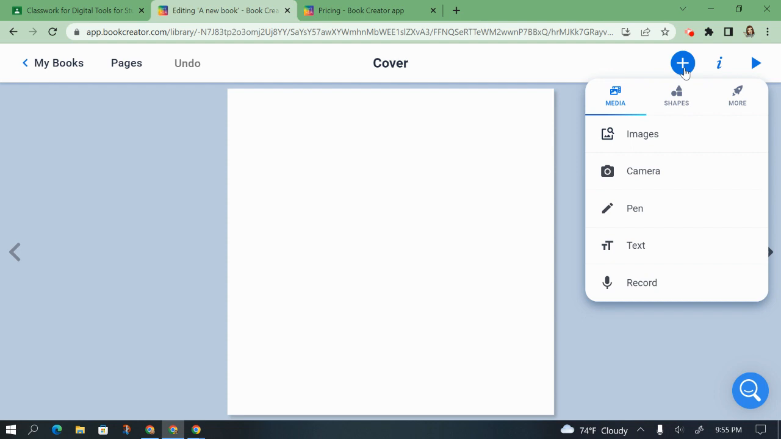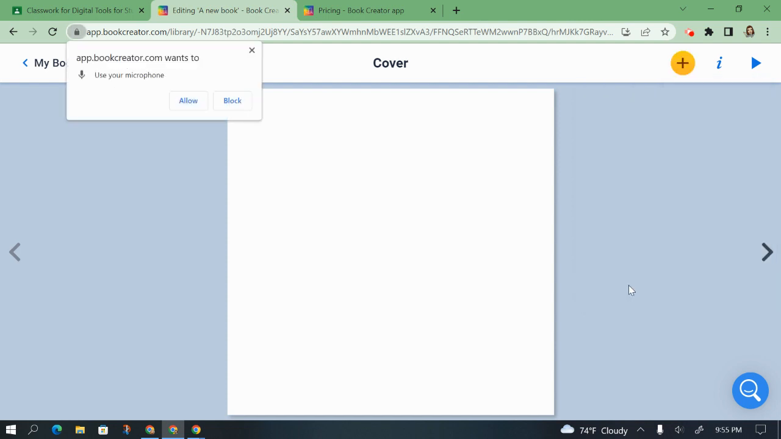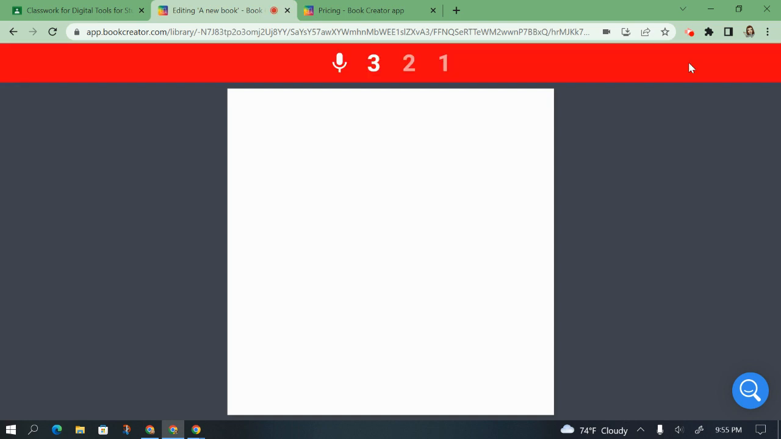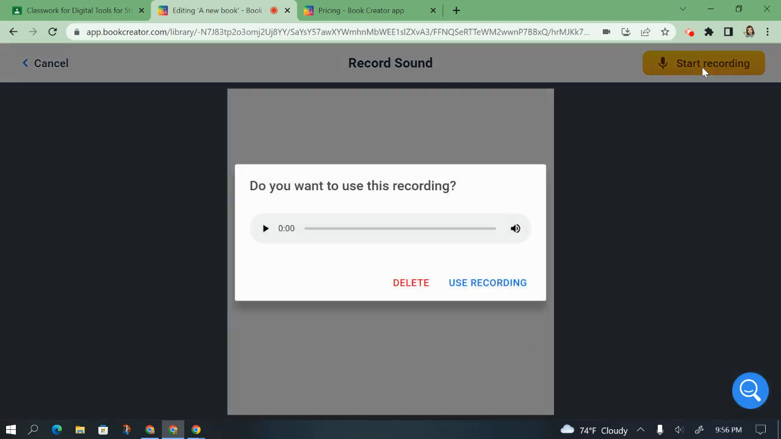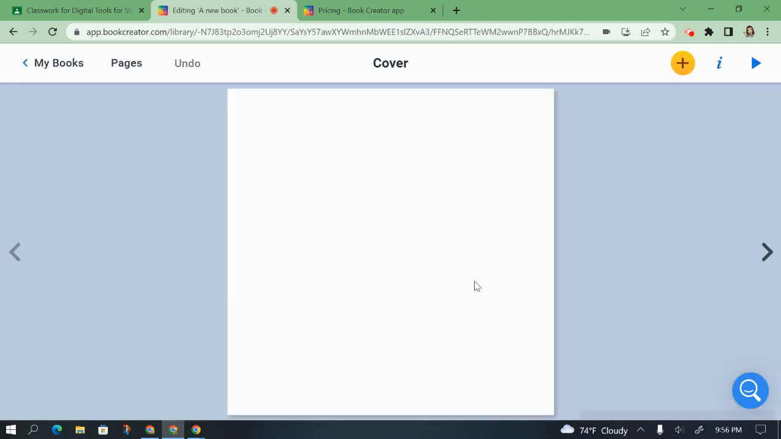And what I love is that students can add images. They can use the camera to take a picture of themselves or take a picture of something else. They can record, and this is one of my favorite things. They can just record text here. They get a countdown. My book is about lemurs. I love lemurs because they are my favorite animal. And then you can hear back your recording and use it. And what Book Creator does is it puts this little speaker on the page and allows students to just add their own voices